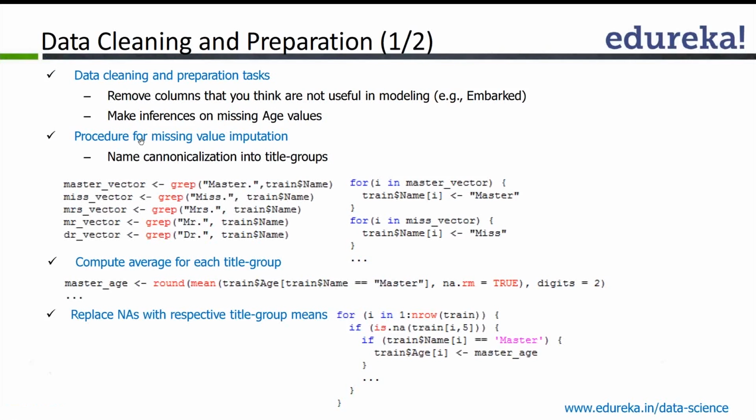And you can actually see the impact of different techniques that you do. So this is one technique of missing value imputation. And the other technique that we talked about is simply take the universal average, that means average of all the passengers' age, and then use it as a common missing value imputation. Okay, and you can kind of do both and see how your ultimate classification model would look like